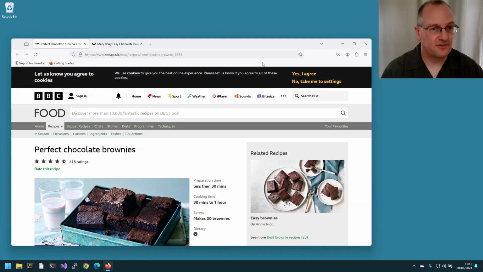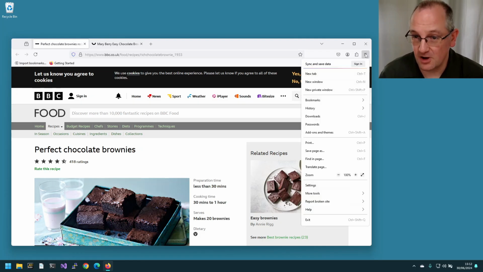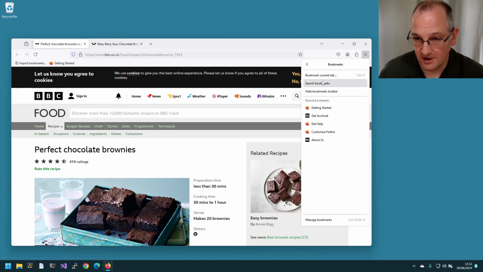So let's create two bookmarks. We're going to create one bookmark for this BBC Food page, and then I'll show you finding the computer course page and bookmarking that. So if I go into the bookmark bar, into the application menu, bookmarks, and say bookmark current tab,